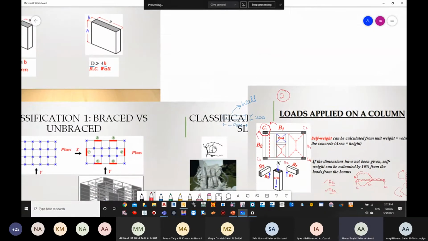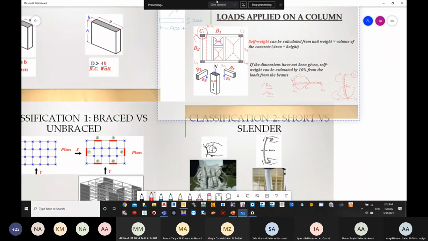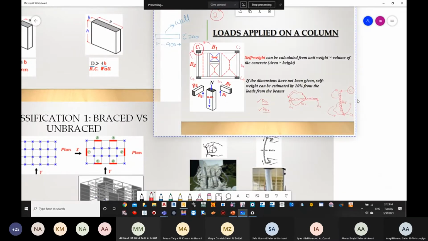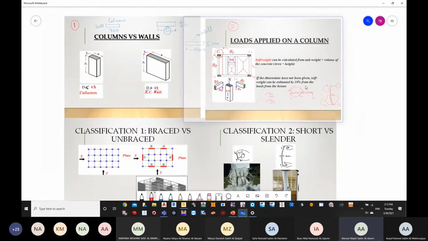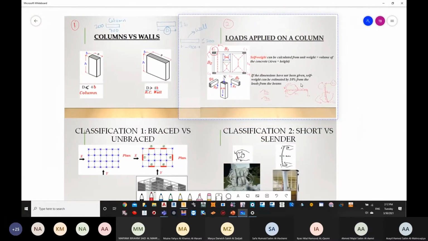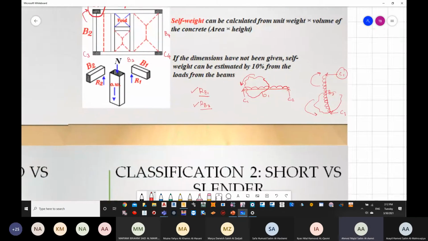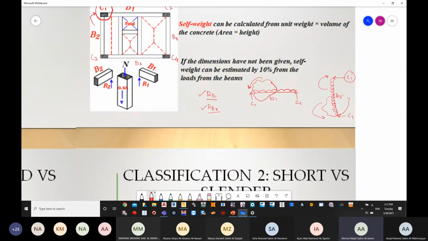Why is this happening like this? Okay. So the reaction of beam number 1 and the reaction of beam number 2 are represented here. This is the reaction of beam number 1. This is the reaction of beam number 2. Plus there is an additional force, which is going to be the self weight or own weight of the column,